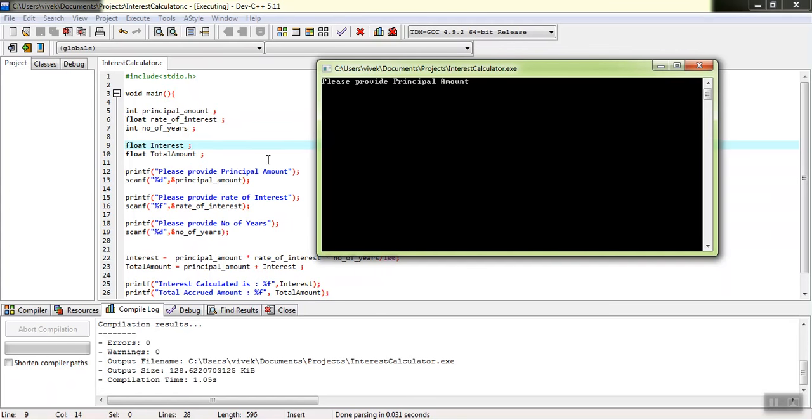So first it got these variables defined. Now it is on the printf line. It printed please provide principal amount. Now on the scanf line, it is asking us, you see the small cursor blinking, so that is asking us to enter the principal amount. Let's enter 1000. Now again you got the next line, please provide rate of interest, and again one blink, so